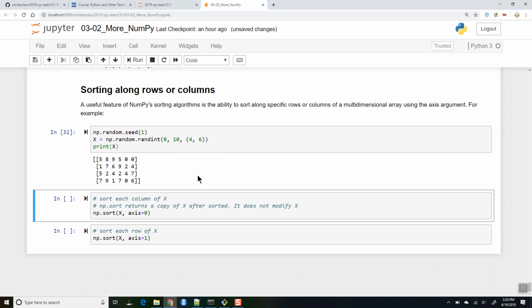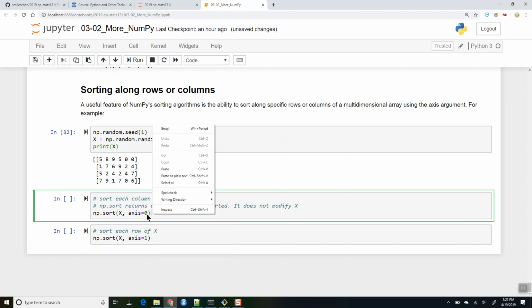All right, so here I've got just a bunch of integers, 0 through 9. Okay, so I did random int, between 0 and 10, but 10 is exclusive, so I get 0 through 9, and then just arrange them into a 4x6. So I've got 24 numbers here, and so here if I do sort,